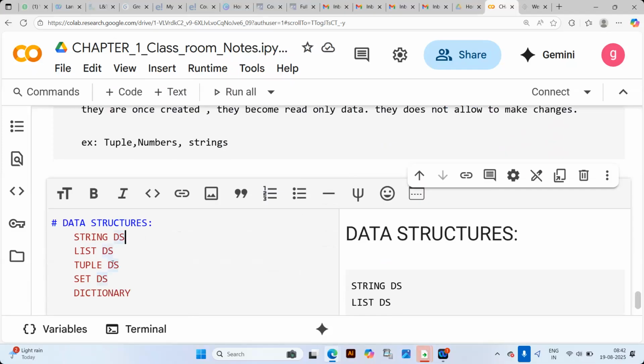So these are the five important data structures we are going to discuss right now: how exactly they are created in Python, how they are accessed, and everything.